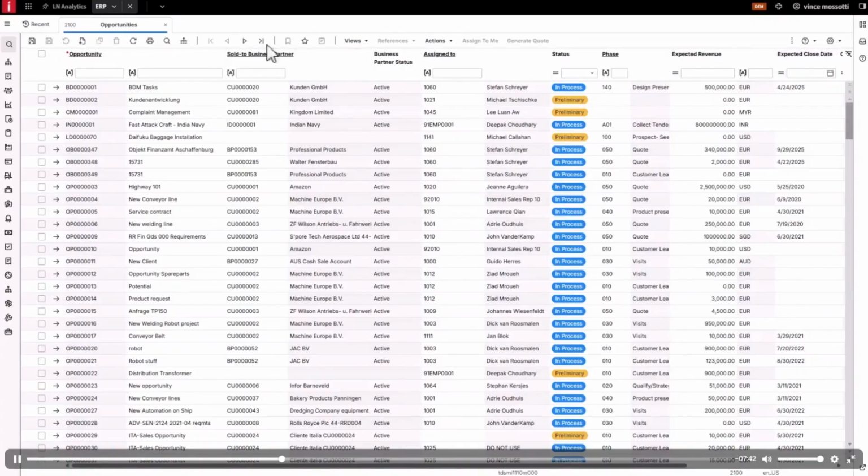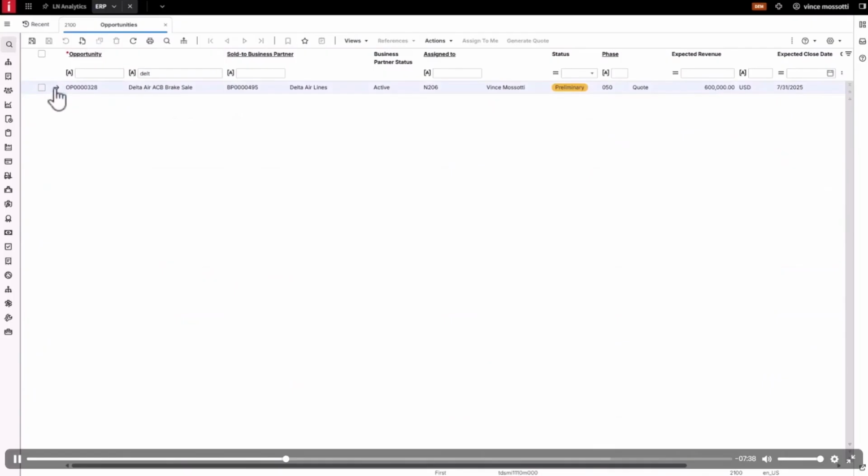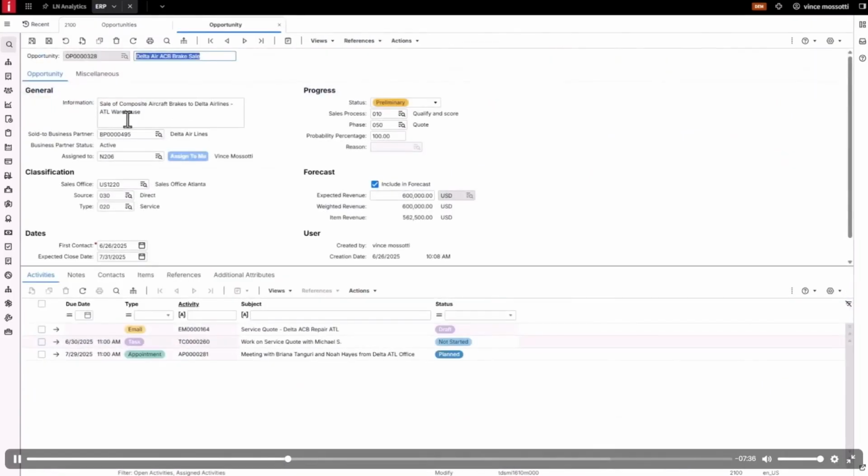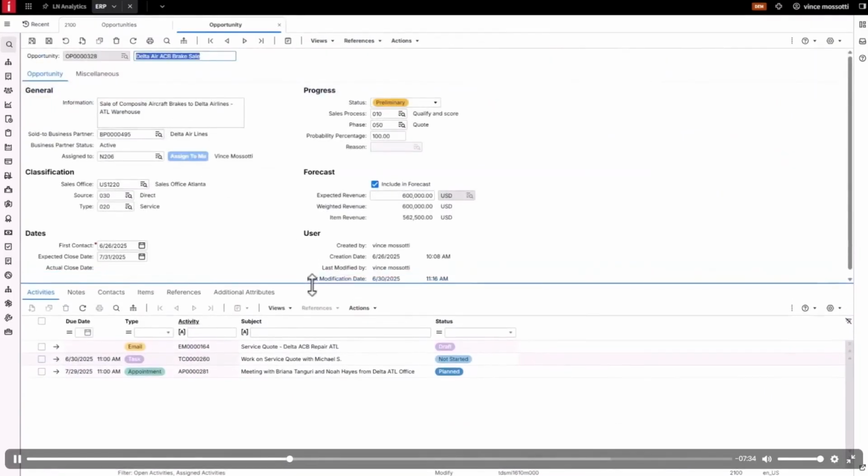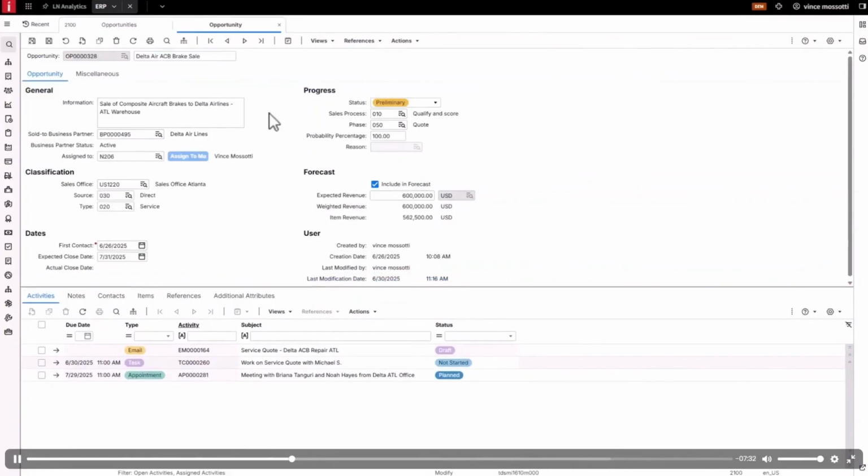By selecting and drilling into a specific opportunity, we'll access the detailed information related to it. From the top, we can define the opportunity's description as well as any other additional information to be noted. We'll define a customer as well as assign a resource that will be managing this opportunity. In addition, we can classify this opportunity with the sales office that this will be related to,